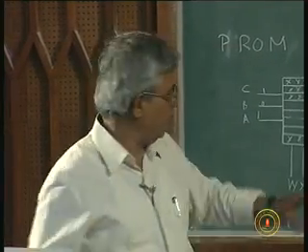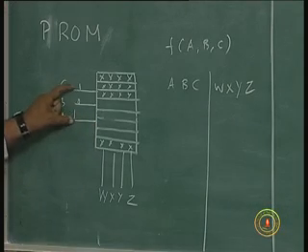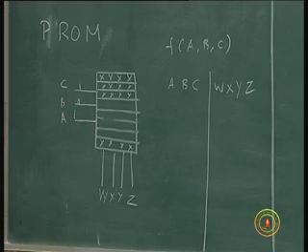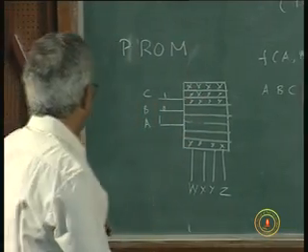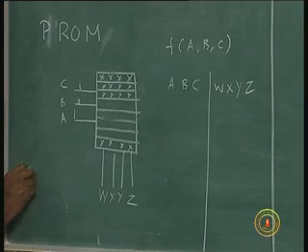I have used it as a single piece of hardware where I have 3 inputs and 4 outputs. Earlier there are fixed values, a ROM. ROM is a hardwired truth table, but it is a fixed truth table. A fixed truth table has a name called lookup table. That means